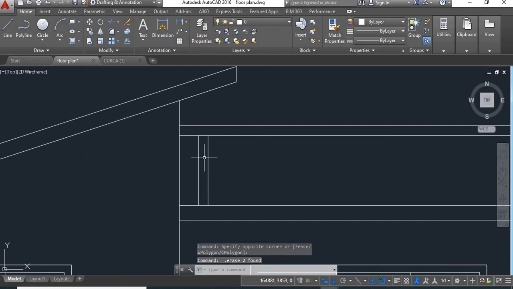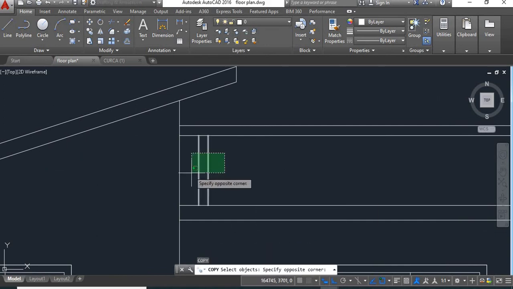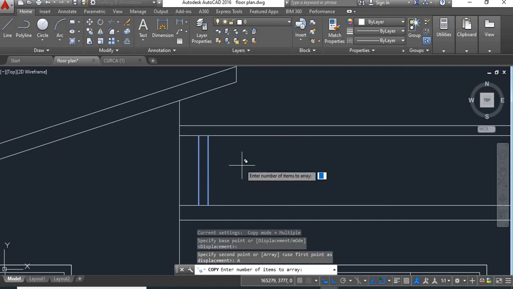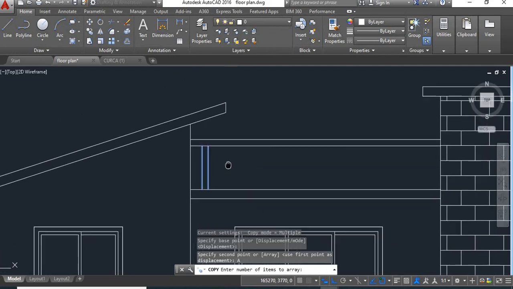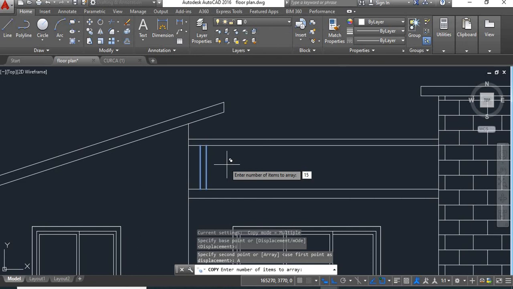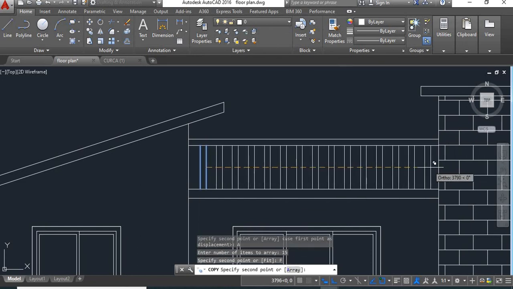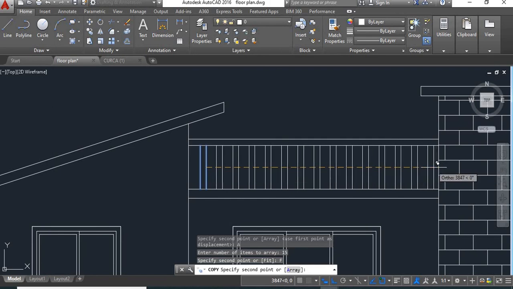And array this. Take copy command. So enter. Take this as a base point. Click on array. Now for items we'll give 15. Say enter and click on this fit and click here.